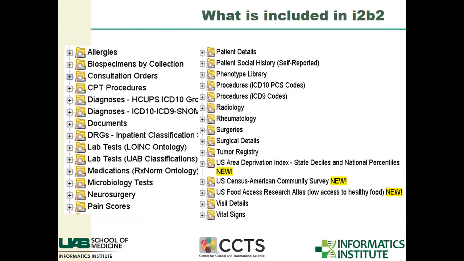We've incorporated some things related to geographic information systems like the census information, so you can identify patients who live in a census tract with a particular characteristic. You can't actually get the census tract because that is too granular and constitutes protected health information. Various vital signs, height, weight, BMI, blood pressures, pain scores, all kinds of stuff. And if you want something in I2B2 that exists in structured data in the clinical record and it's not there, tell me and we'll put it in.